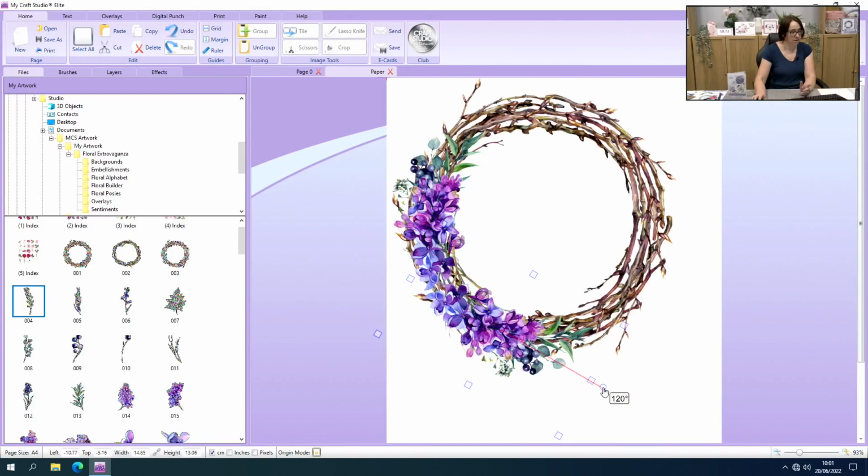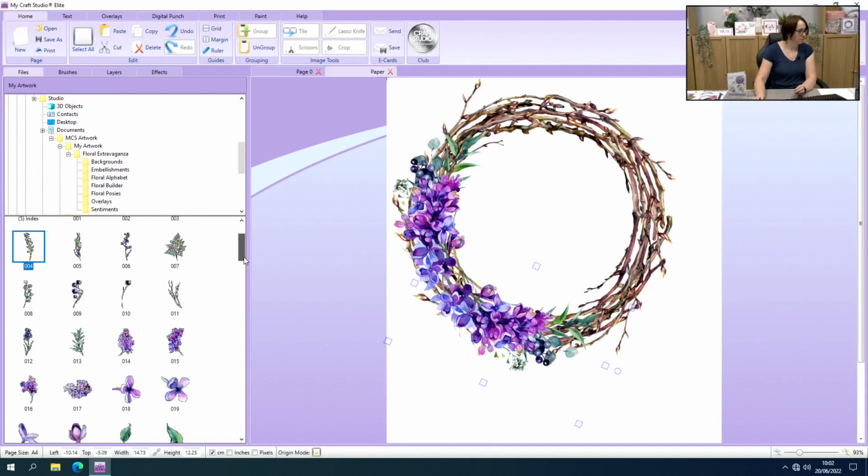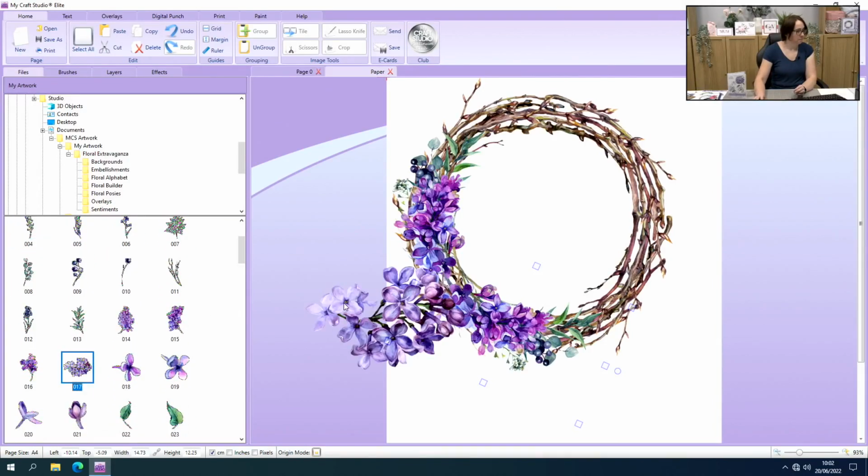Now again, because I said earlier, nothing is symmetrical, nothing is identical in nature, what we can also do is use these buttons at the edge to squish it in a little bit or squish it down a little bit, just so it looks a little bit different and doesn't look identical. However, if you want it to look identical, it absolutely can as well. So I'm just going to undo that because I actually think I prefer it to look identical on this one. So we're going to pop that there, and then we're going to add, we'll go back to that particular flower